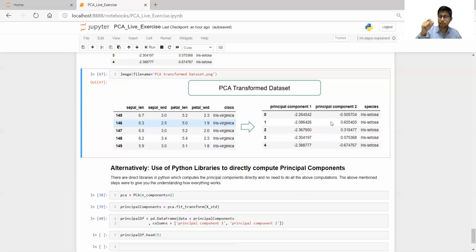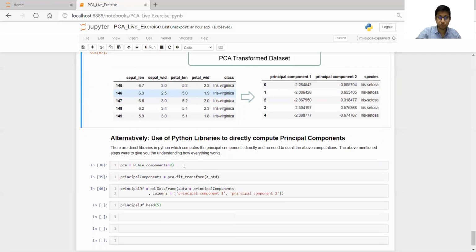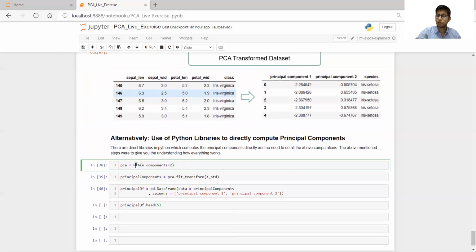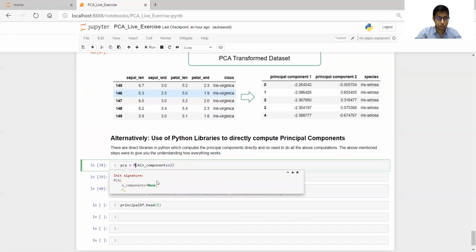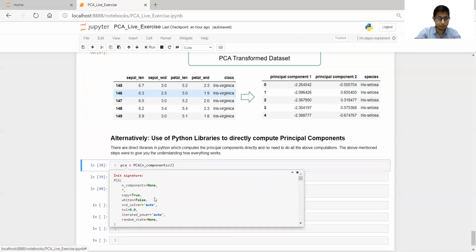We have something called PCA in Python, in sklearn. With PCA we can do all these things in only two steps. You call PCA from sklearn and you pass how many components you want to keep, or you can give the variance also, variance equal to 95%. There are options to give multiple parameters like the number of components, copy, whiten, and so on.